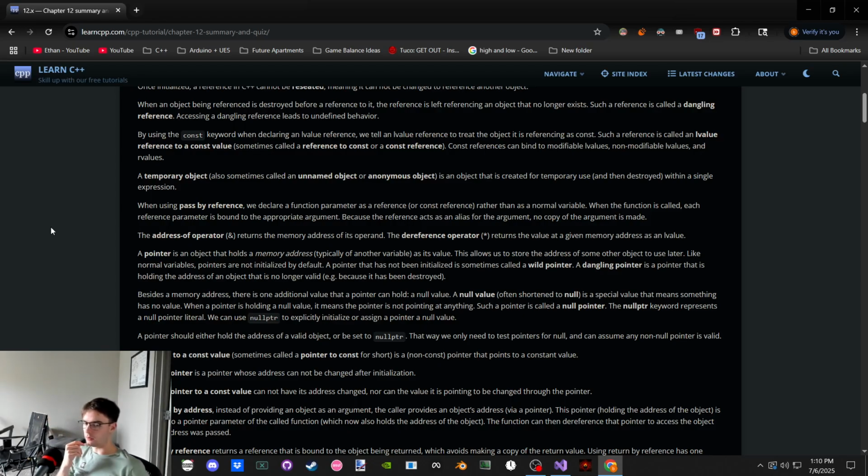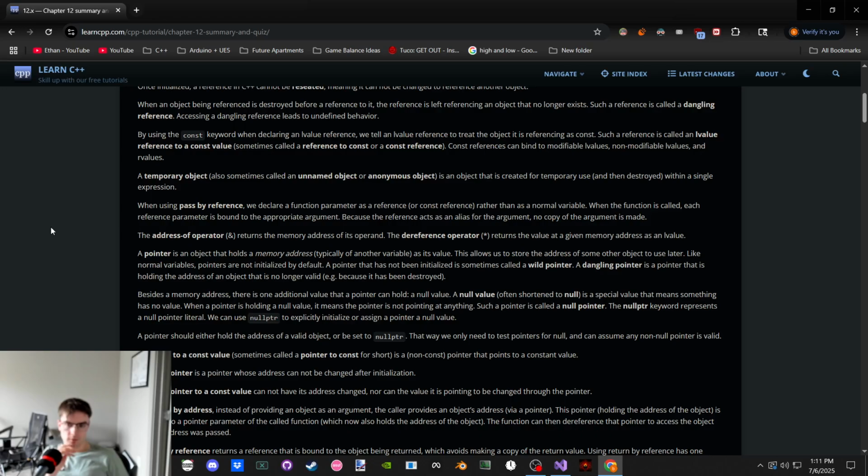Ensure 0 or all caps NULL are converted to that null value or used as in the context of a pointer. But it messes with overloads. That's the main point. If we have an overload of something that takes an int versus an overload of something that takes a pointer, and I pass in nullptr, it calls the pointer one. If I pass in 0, it should call the int one, but maybe I'm using it in a context with a pointer, and I want it to call the pointer one. Well, can't, buddy. So use nullptr. Yep, that way we can test a pointer to see if it is null or not, because it shouldn't be dangling, because it should either be null or not.